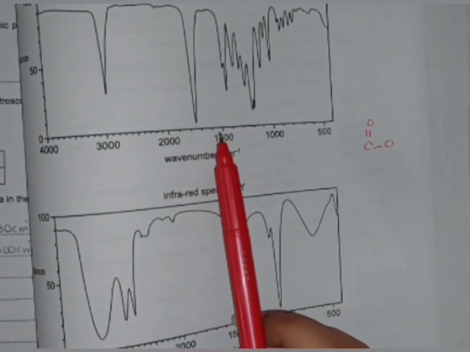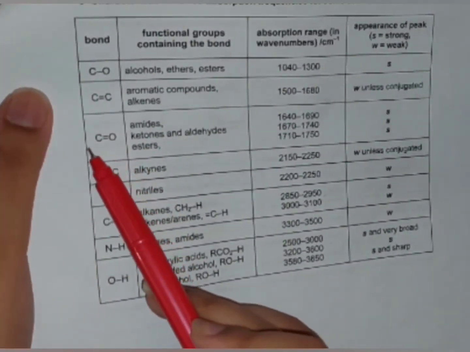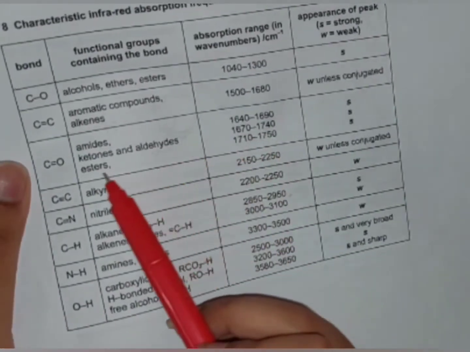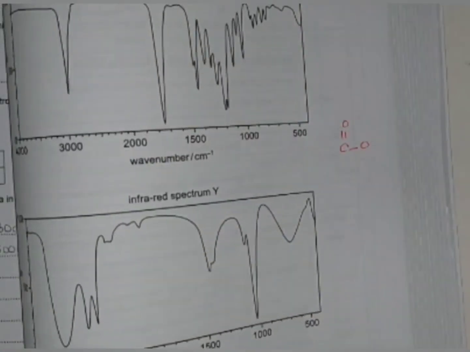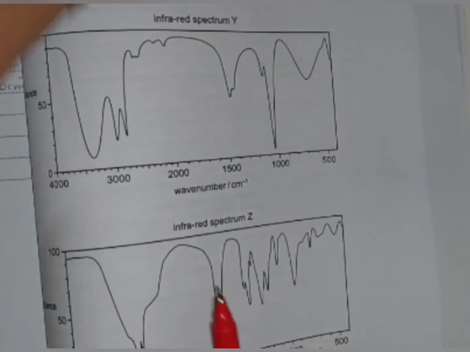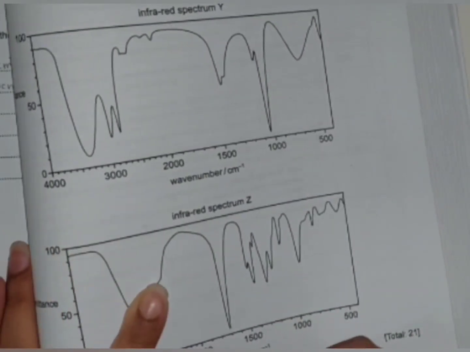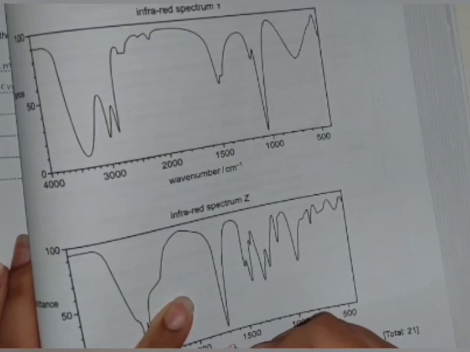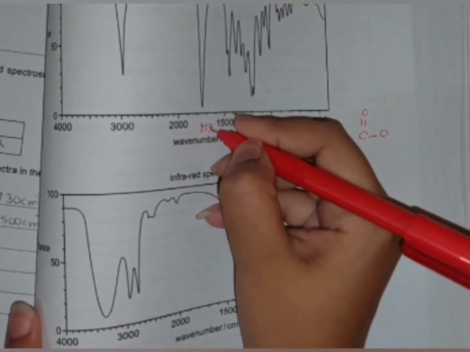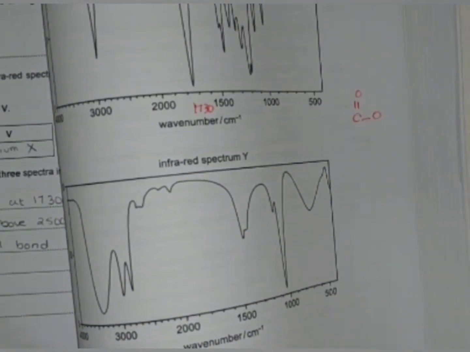So we know that at 1730, here you can see C double bond O. 1730 is coming in this range, which is for esters. So here there is a peak at 1730, and here as well there is a peak at 1730. So this shows us that the C double bond O functional group is